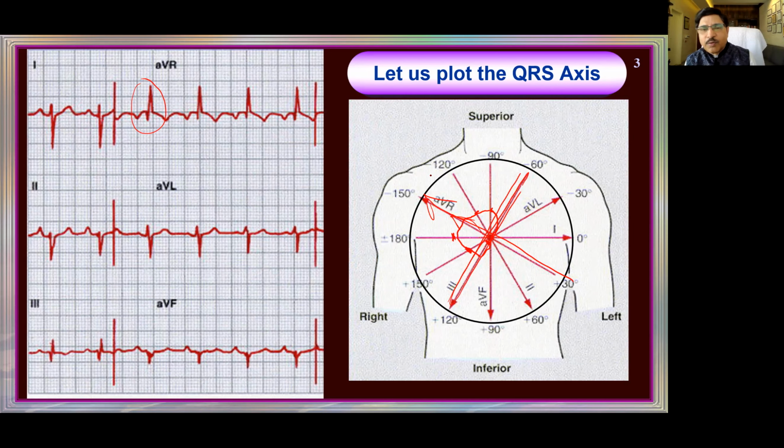Okay. So there are 4 methods of finding out. One, all being upright, right, mid, left leaf criteria, very simple. The second one is whichever is the tallest, that is the direction. Third one is whichever is neutral, so up and down equal, then take the perpendicular. Or you actually plot it by taking the numbers of each. Understand?